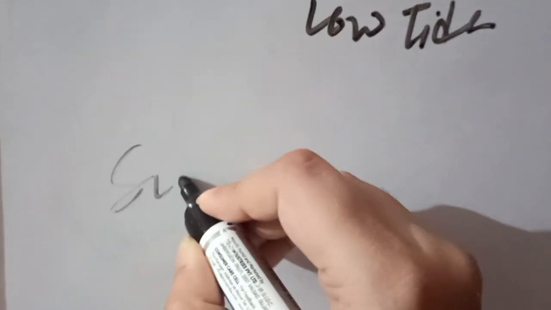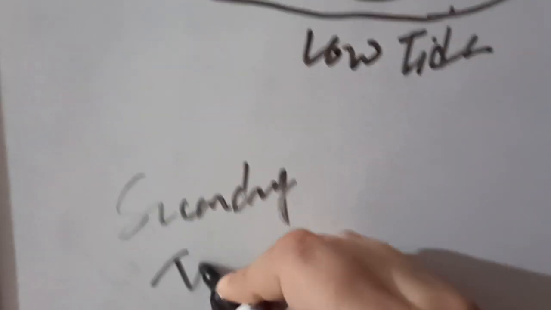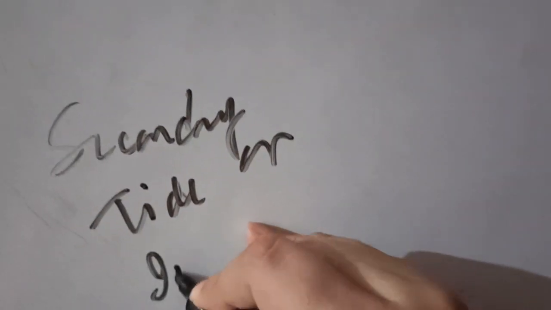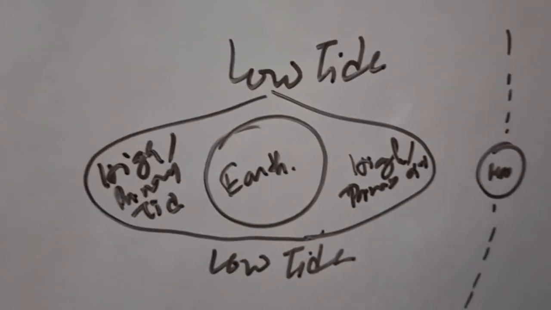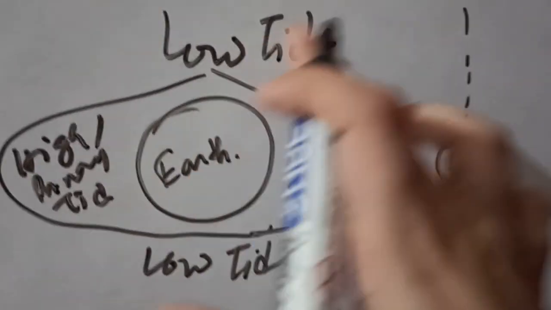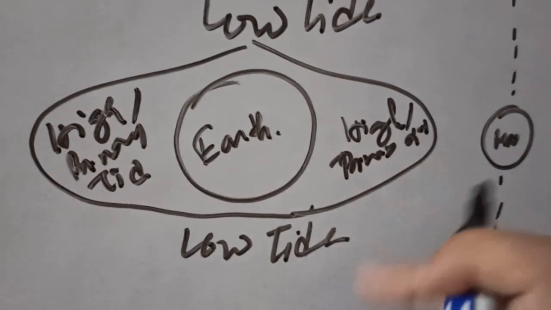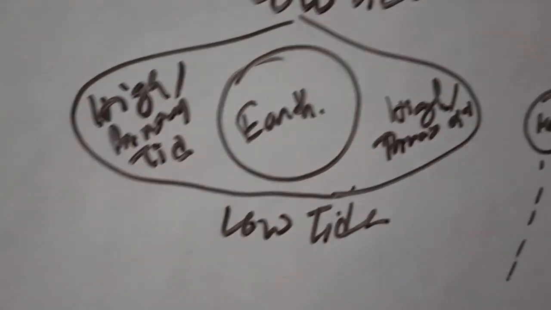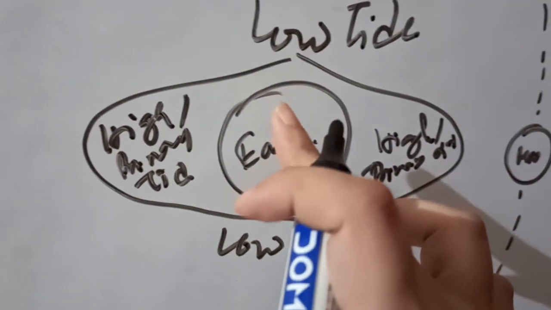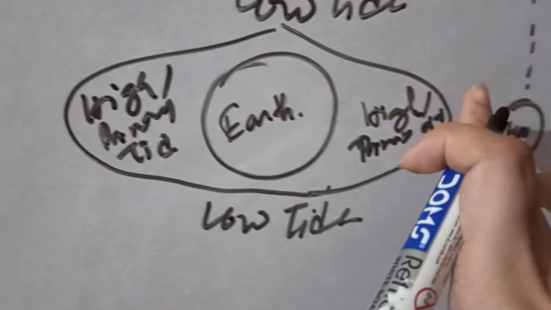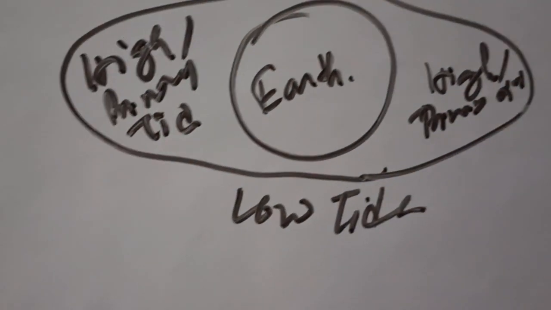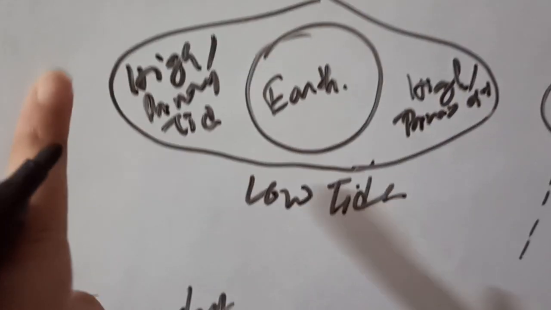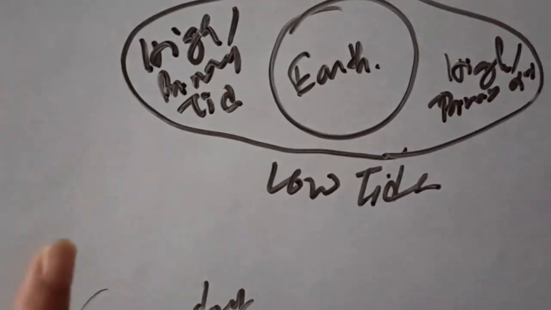Next is the secondary tide or indirect tide. So at the time when the primary tide takes place, there is a piling of the ocean on the other side of the earth, and the water of the solid earth which is nearer to the moon is pulled by the moon, which causes the water to pile up again in the opposite direction. So thus another high tide occurs on the opposite side, and this is known as the secondary tide or